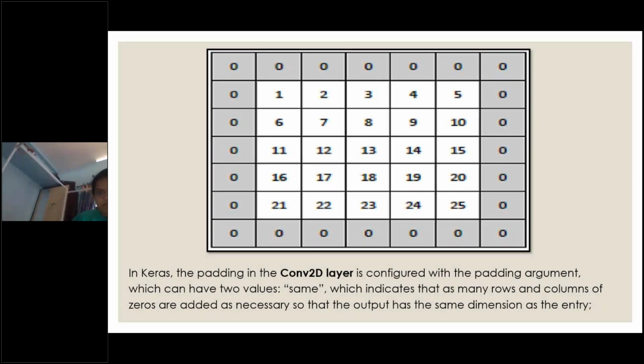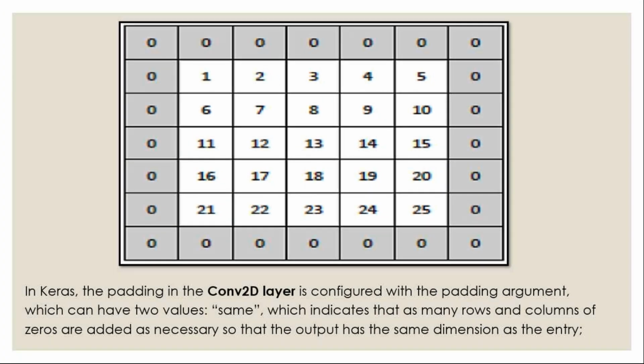But sometimes padding is not necessary. It's not a problem. The shrinking size is better, so I can keep the shrinking size as it is. I don't want the original size. That also you can do. In that situation, you have to give padding same. So padding same means you keep the shrinking size of the image. So that is the padding concept. You are filling zeros in case you want the original size. So that is the concept of padding.